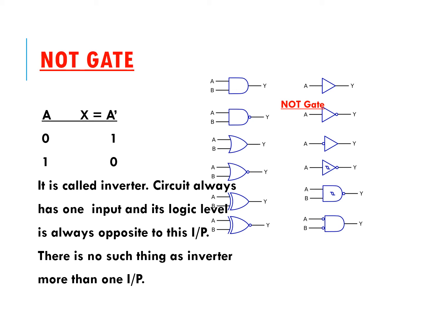Now some of the friends try to see whether 2 or 3 or 4 or any number of variables can be inverted at a time. No, there is no such thing as an inverter with more than one input. Always remember, let's suppose there are variables A plus B plus C plus D plus E, etc. If all of them are to be inverted, then we put them in a bracket, that is, the sum will be inverted, not the individual variables.